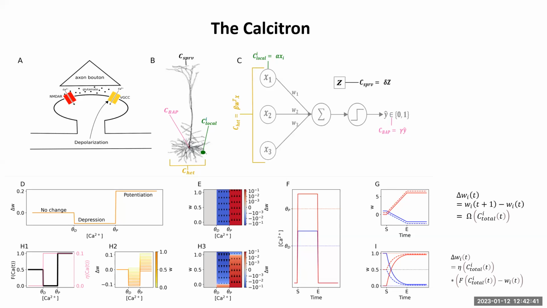Okay, why? There are two reasons. Do you mean in biology or in my model? I have an answer for biology and I have an answer for the model. I will start with the answer for the model and then I will go with the answer for biology. The model is because it's written there. No, but why did we decide? In other words, why did we decide that the local calcium should be only dependent on the input strength